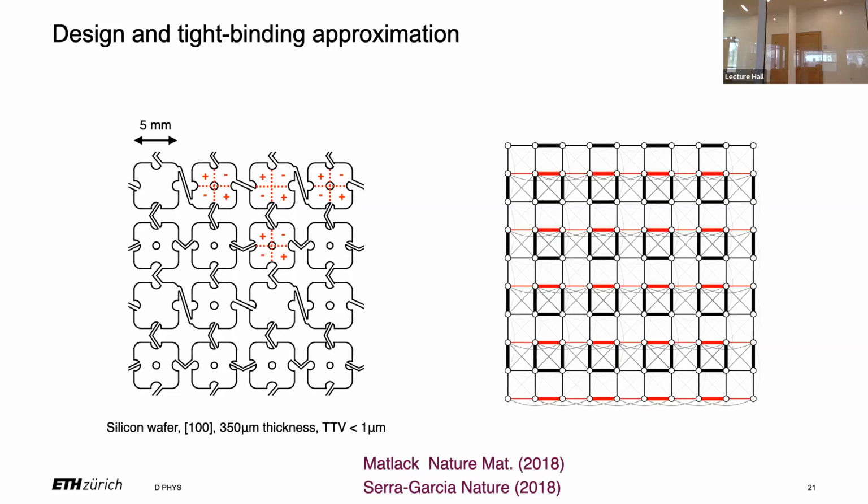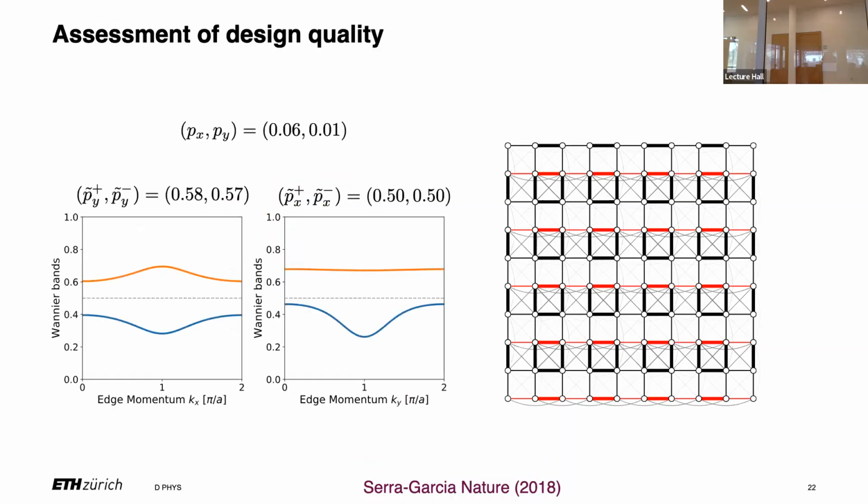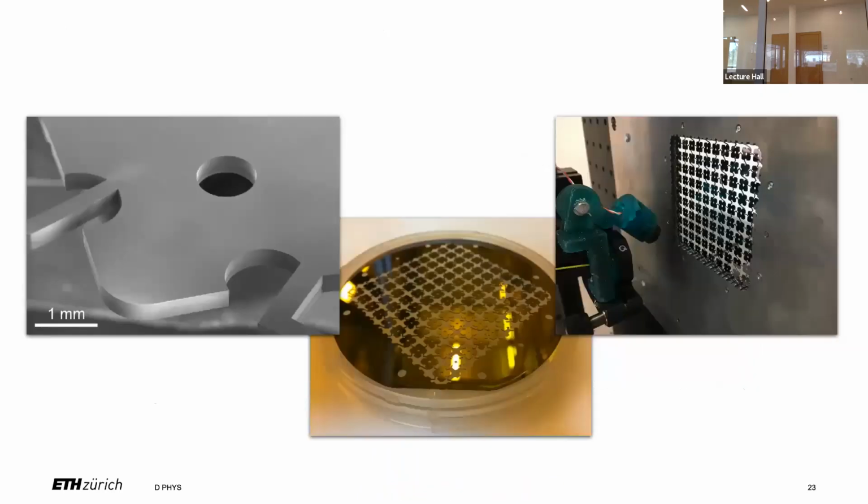Here we just evaluate what is the effective model for this structure, and it's given. That's a technology we invented, if you want, for that higher order TI, and that's in the supplementary materials here. We describe in great detail how you do that. And then we were able to actually implement the one model that we wanted. You can analyze this model in terms of the nested polarizations, and you see that from a theoretical point of view, you succeeded, but then you want to go and check that it works.